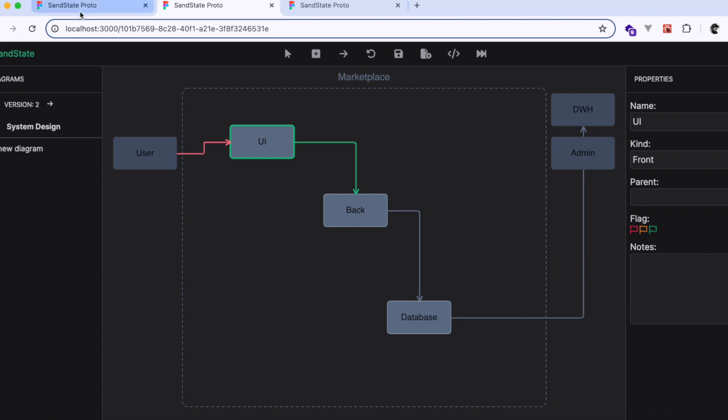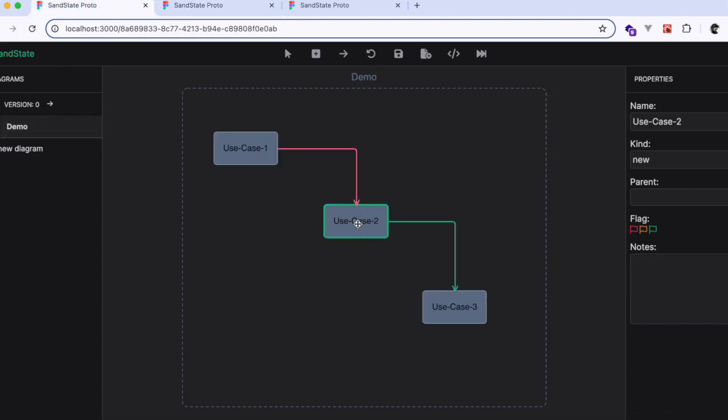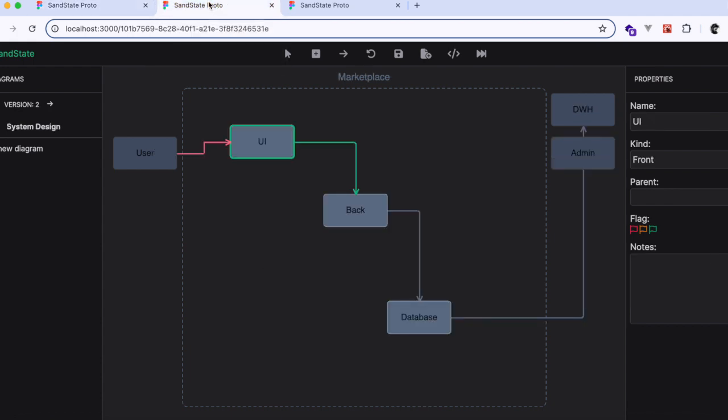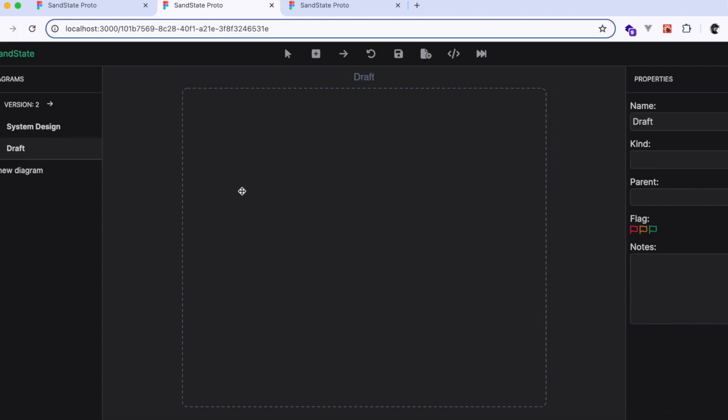Okay, now we are going to use case 2, and this is design integration. Design integration is when we implement some product increments, draw them on our architecture canvas, and they are integrated back into the global scheme. Okay, how do technical leads or CTOs or solution architects plan new functions, new features? They usually start from scratch. Okay, let's do that. In our marketplace, we are planning to create some user